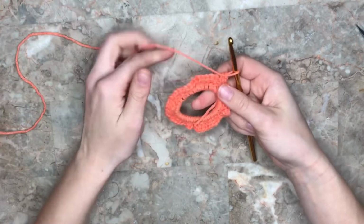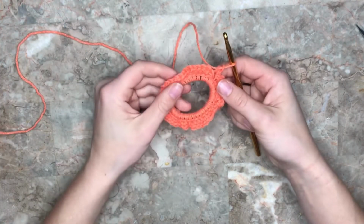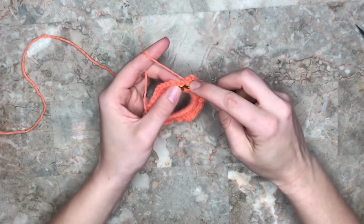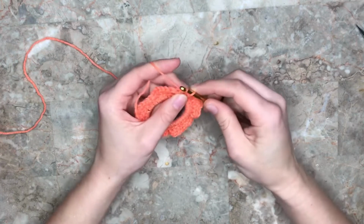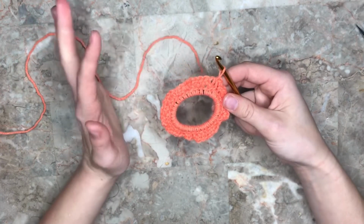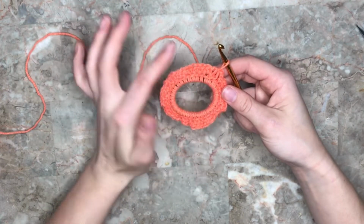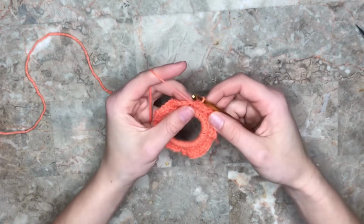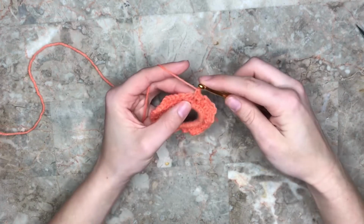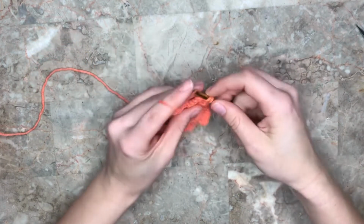Alright, so once you get all the way around, it's looking lovely. What we're going to do is slip stitch into that first one that we did. Do a little slip stitch, and from here we're just going to repeat what we did in the first row around in the second row. So I'm going to do a single crochet into that first one, two,